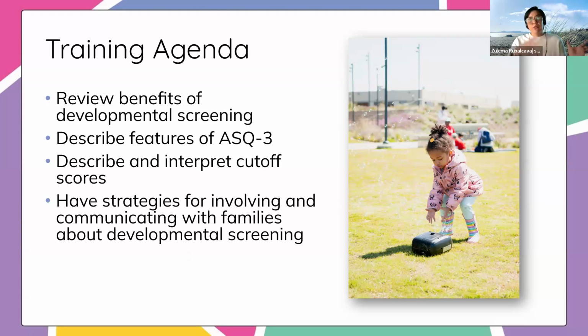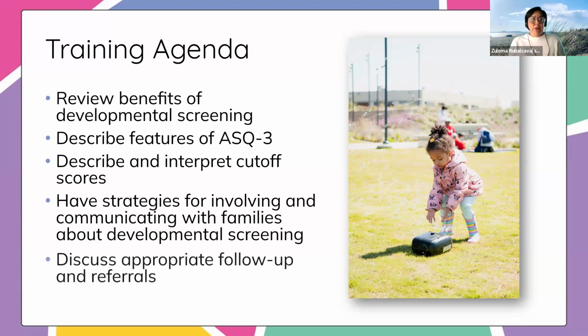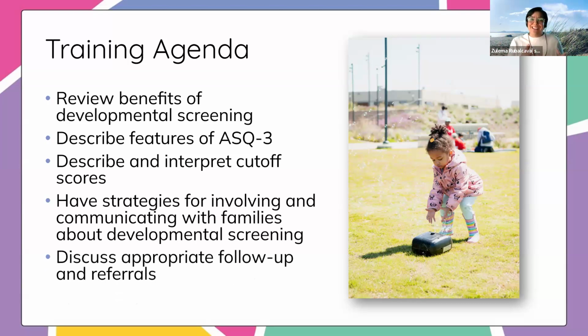And then throughout the whole process, I'm going to be weaving in strategies for consistently involving and communicating with families, which is such a big part of the ASQ, and I'll explain why. But really, it's important from start to finish, right? So even before you start handing out the ASQ, really think about strategies for family engagement. How are we involving families in these conversations about their child's development? And then lastly, we're going to talk about using that information, right? Putting it all together and having some idea about what we can do next, right?